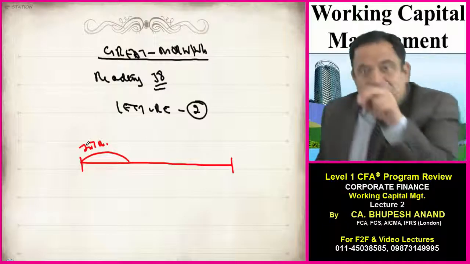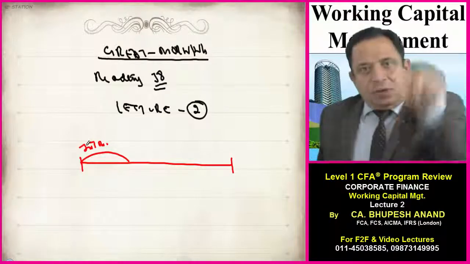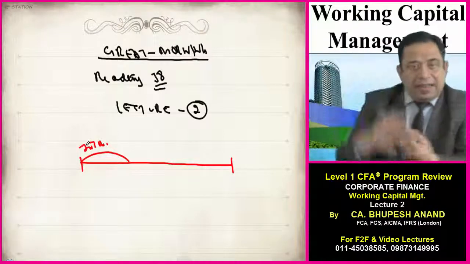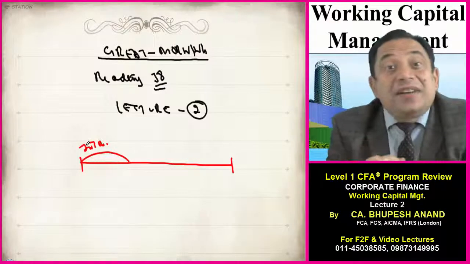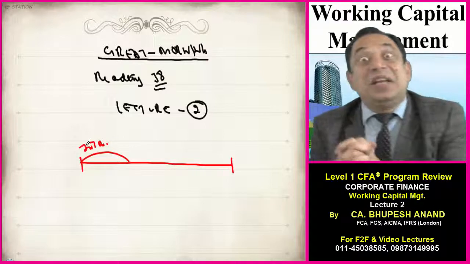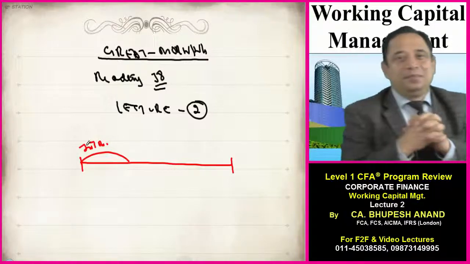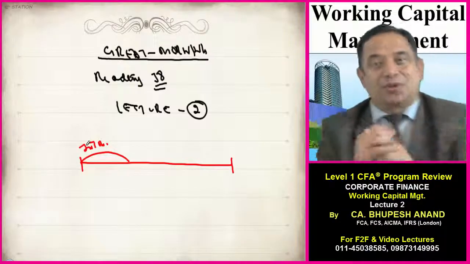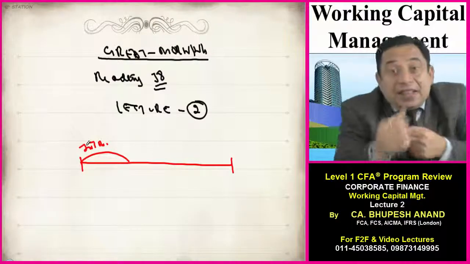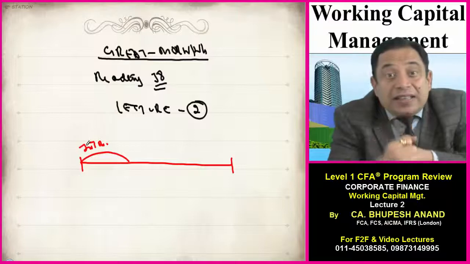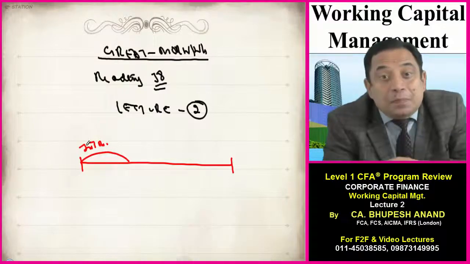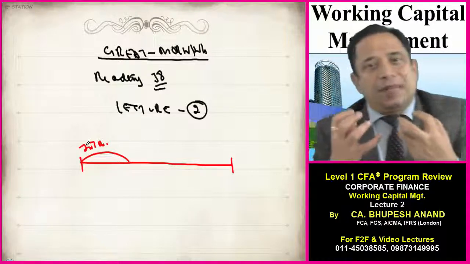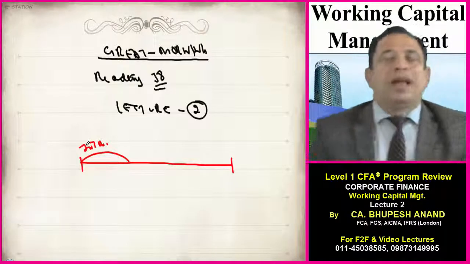Now in today's lecture, I will be starting with your learning outcome number A, that is what are the different sources of liquidity. What is the meaning of primary source and secondary source? And what are the factors which affect the liquidity position of an entity? So these 2 or 3 aspects we will be covering in lecture number 2 and 3.